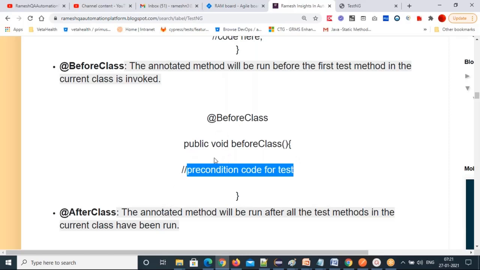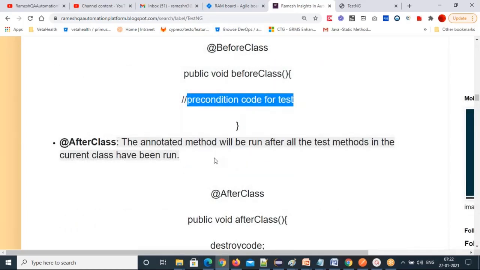It won't repeat like BeforeTest and AfterTest. BeforeTest will repeat for every test tag, and BeforeClass is for the current class inside the test tags, but it executes one time only. We have seen that in JUnit, BeforeAll is nothing but BeforeClass, and AfterAll is nothing but AfterClass here.